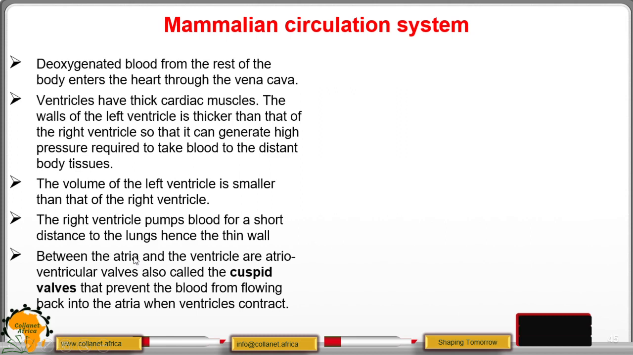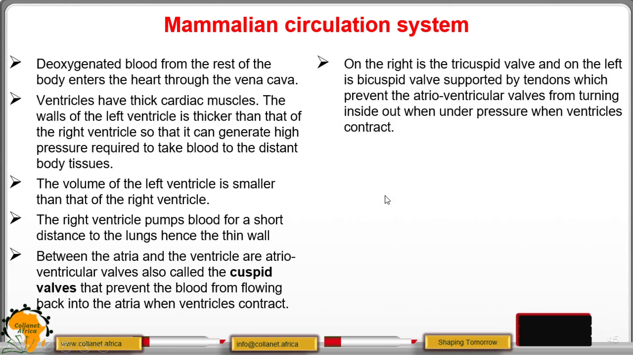Between the auricles and the ventricles are atrioventricular valves, also known as the cuspid valves, whose role is to prevent the blood from flowing back into the auricles when ventricles contract. On the right side is the tricuspid valve, and on the left side of the heart is the bicuspid valve, supported by tendons or valve tendinae, which prevent the atrioventricular valves from turning inside out when under pressure, that is